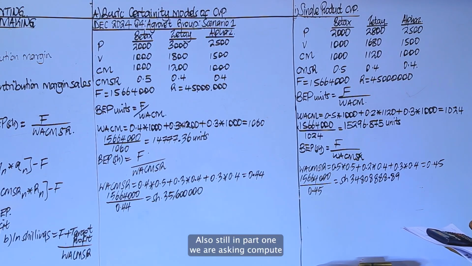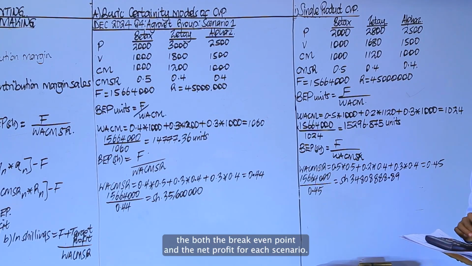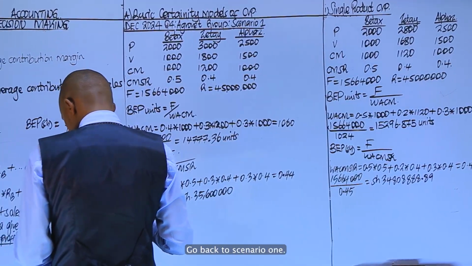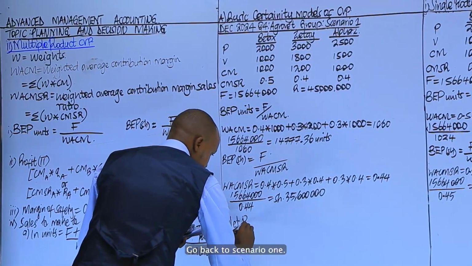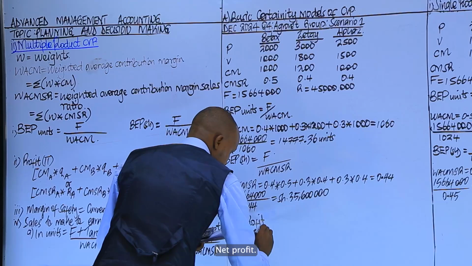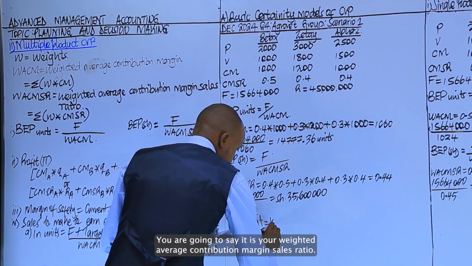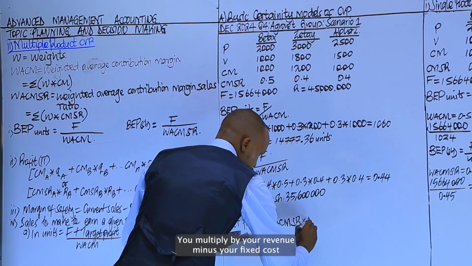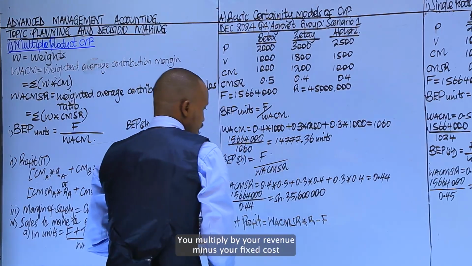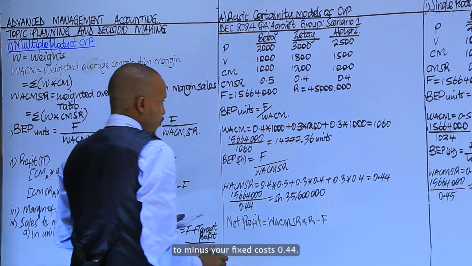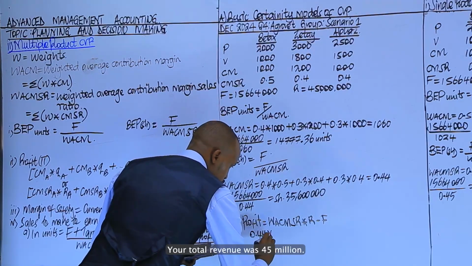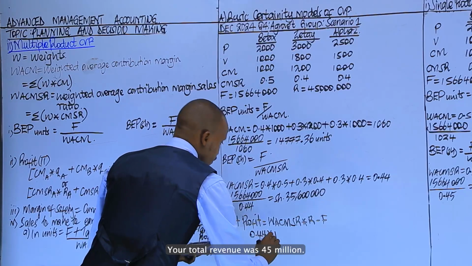And still in part 1, they're asking to compute both the break-even point and the net profit for each scenario. So let's get the net profit. Let's go back to scenario 1. Net profit: you're going to say it is your weighted average contribution margin sales ratio, you multiply by your revenue, minus your fixed costs. 0.44. Your total revenue was 45 million